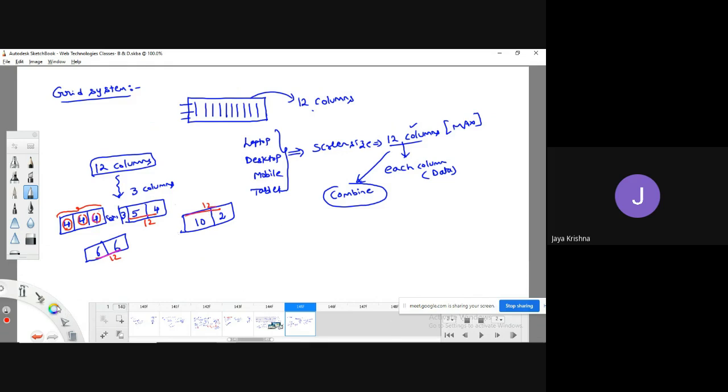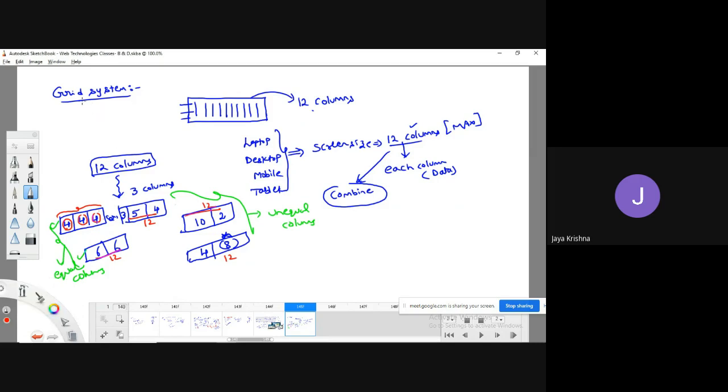Finally, for example, sometimes we are able to represent only the 4. Whatever the remaining one, it is star. Obviously, it is going to take as 8. So finally, the outcome is it is going to take it as 12 columns only. If you observe, guys, this partition and this partition contain an equal number of columns. This kind of thing we call equal columns allocation. And these three, how are the columns allocated? Unequal columns. In simple words, we would like to say.